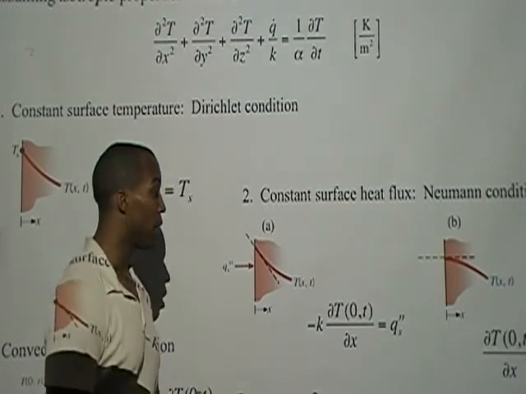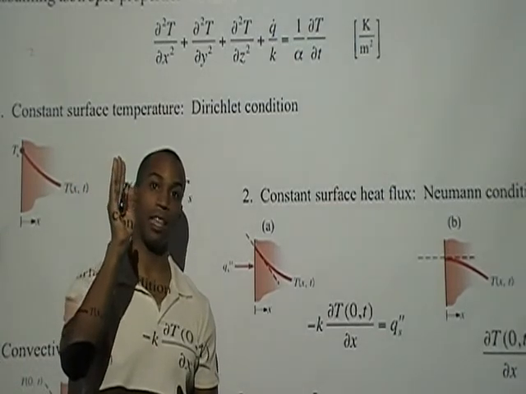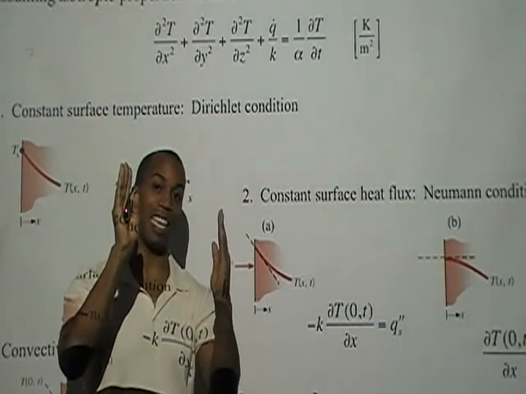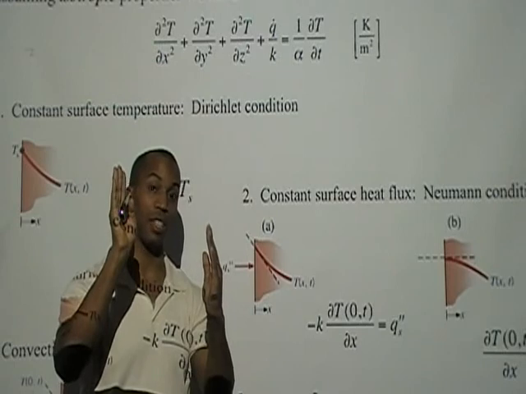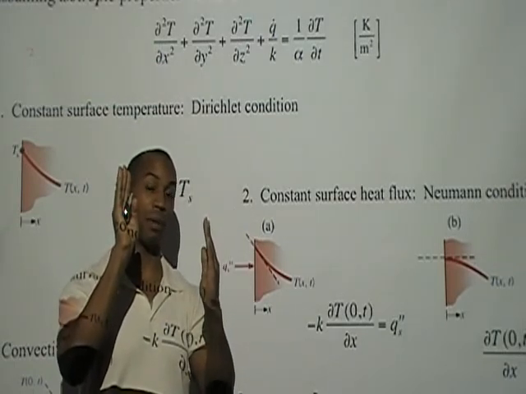But if you had the same slab and you put some sort of heat input on this side and a different heat input on this side, or if you insulated it on this side so there was no heat input and the heat flux was zero, and you put another heat input on this side,